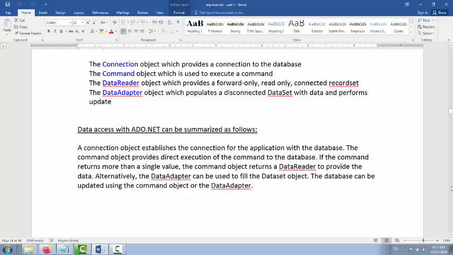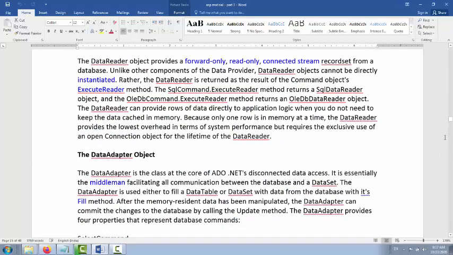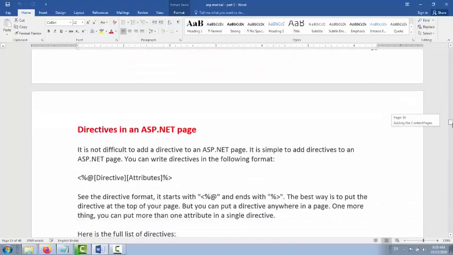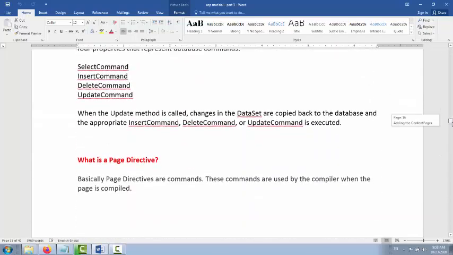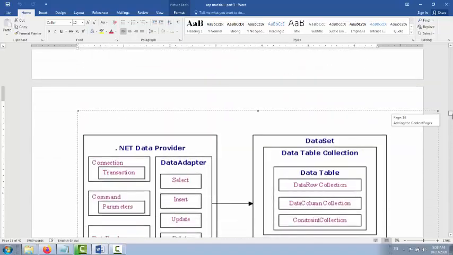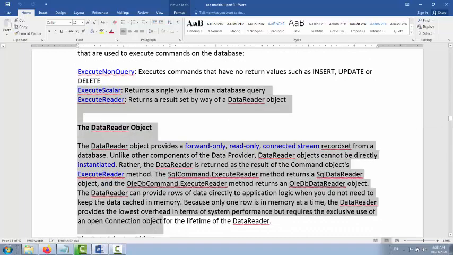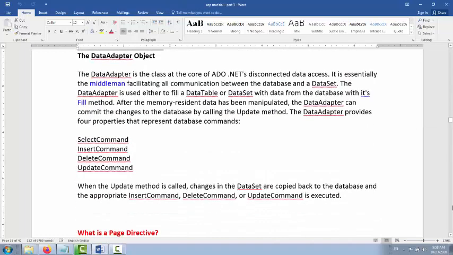Now let us move on, and I hope I completed the ADO.NET architecture. What I taught you, all the things are written here.